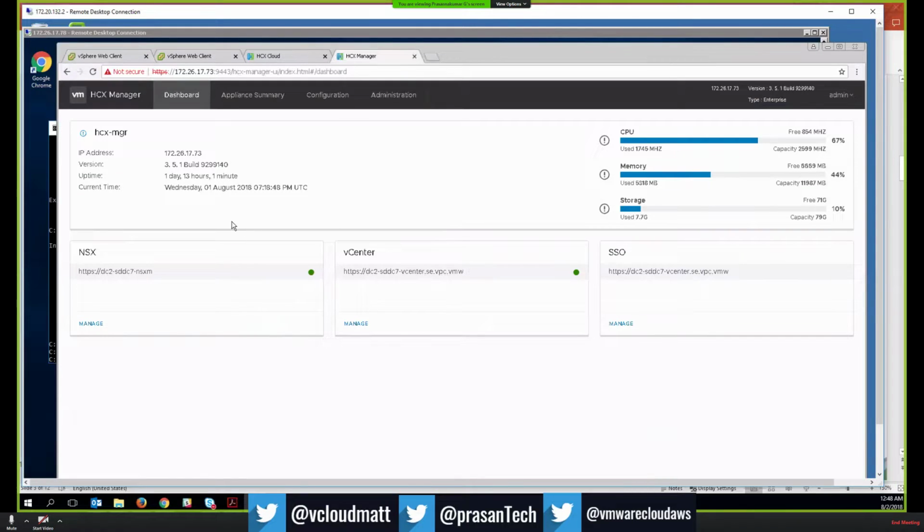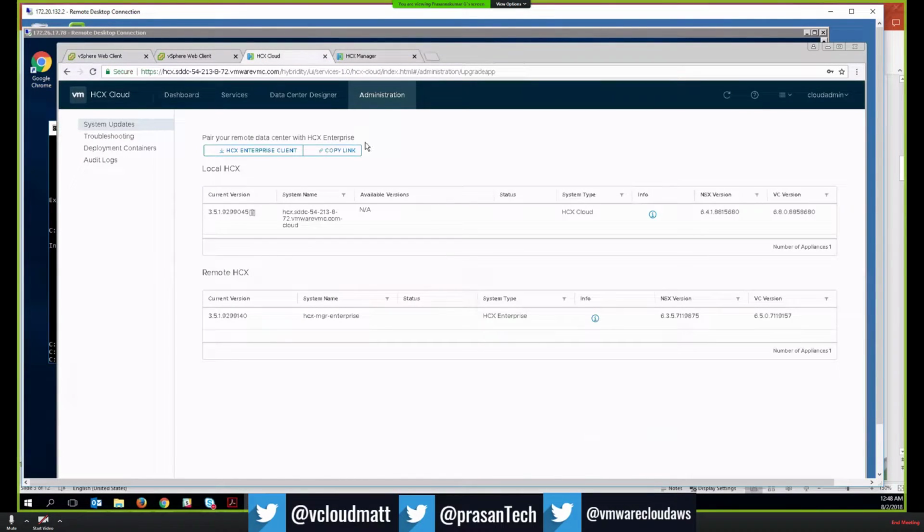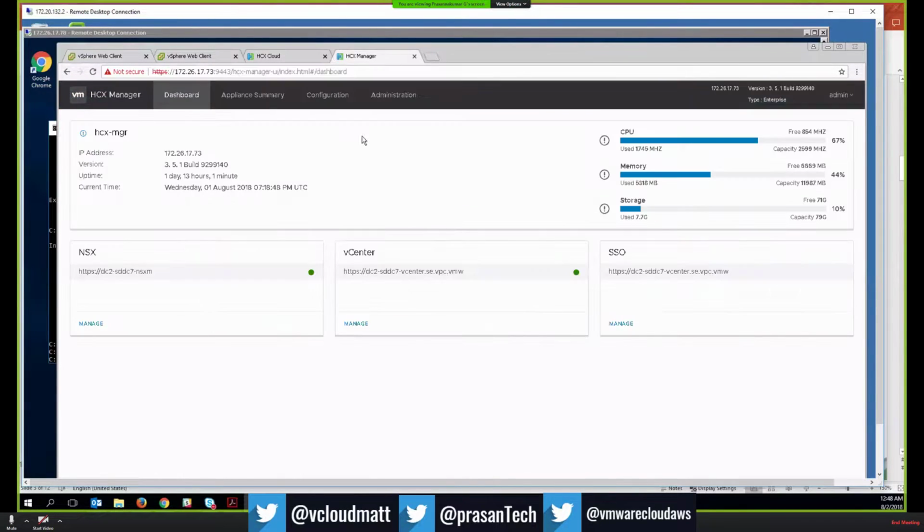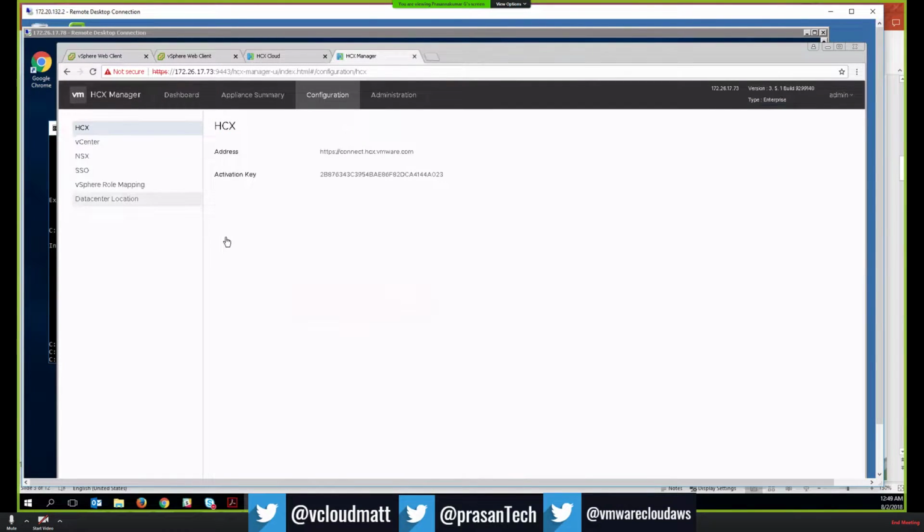It has slightly more details than the Hdx Cloud, because Hdx Cloud takes care of most of the things itself, but in the on-prem we have to link it to a vCenter, we have to configure an SSO source and things like that. The first step we will go through is to activate the Hdx Enterprise, and we